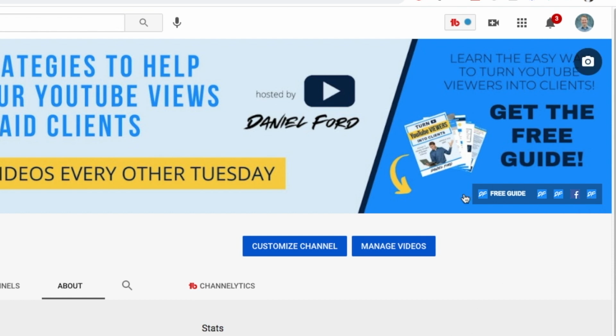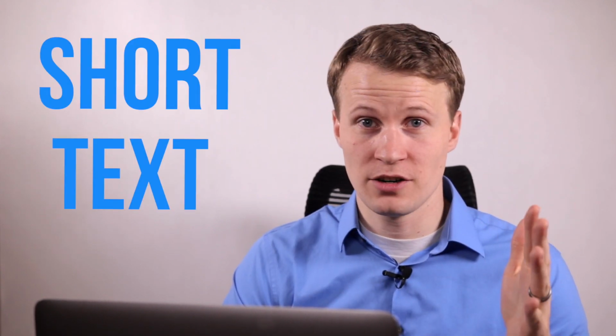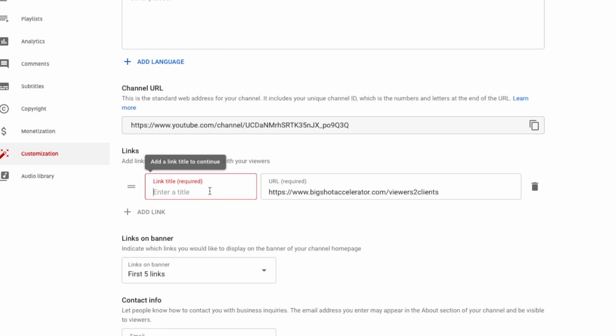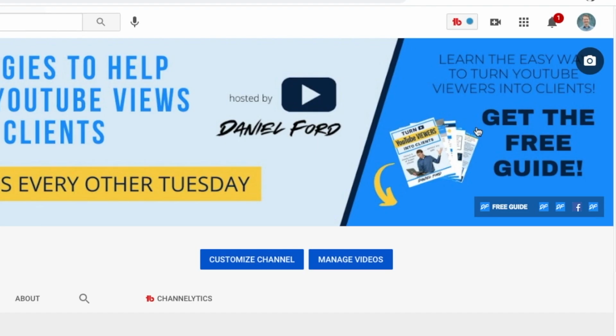And only the text for the first link is actually going to be on automatic display on your banner without hovering with the mouse, which is another reason why your freebie takes up the first spot. So it's very clear for them how to get that. So basically you want to put some short text here that you think will be the most effective for getting people to actually click. So we're just going to keep it simple and say free guide so that they know where to click if they want the free thing that I'm actually advertising for up there. Keep in mind you want your banner to do all of the advertising for you to build up desire, and the link text will just be there to point them in the right direction from there.